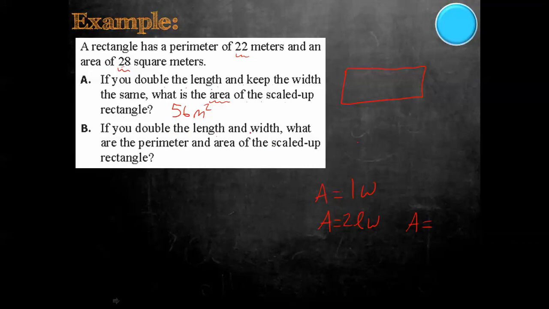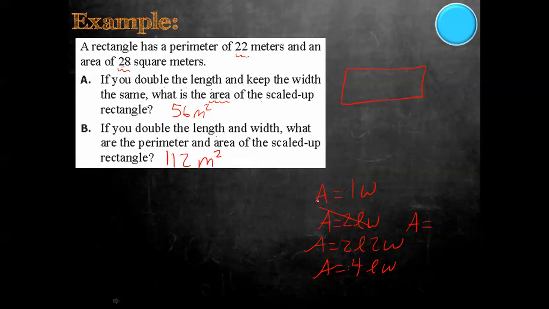Now this says if you double the length and the width, what are the perimeter and area of the scaled up figure? So now it's saying we want to double the length and the width. So our new formula is 2L times 2W. 2 times 2 is 4, so that's 4LW. So now notice how this formula is quadrupled. We took the square of 2. 2 times 2 is 4. So the new area for this figure, you would take 28 times 4, which is 112